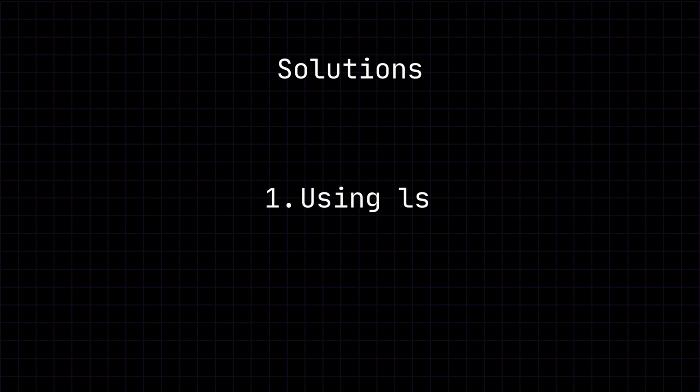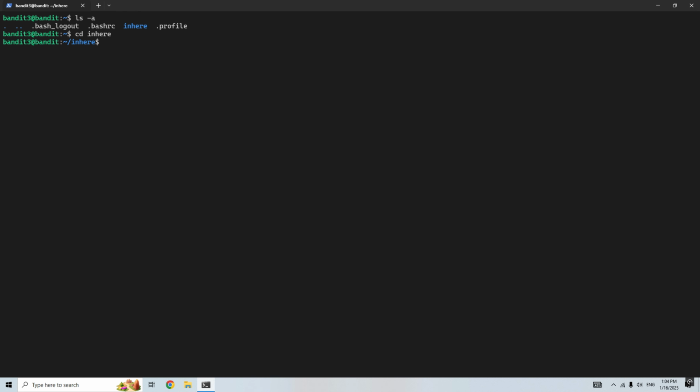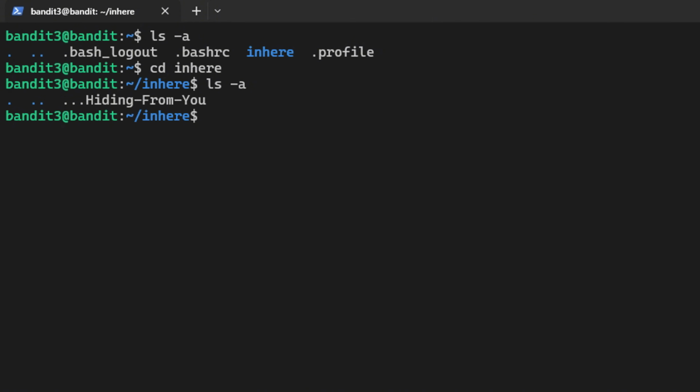I'll first show the easier method using ls. Although ls on its own doesn't display hidden files, we can add the a flag that shows all files even if they are hidden. From the output, we can see its file name is like I mentioned in the hints, where they all start with a dot. Now that we know the file name, just use the cat command to reveal the password stored